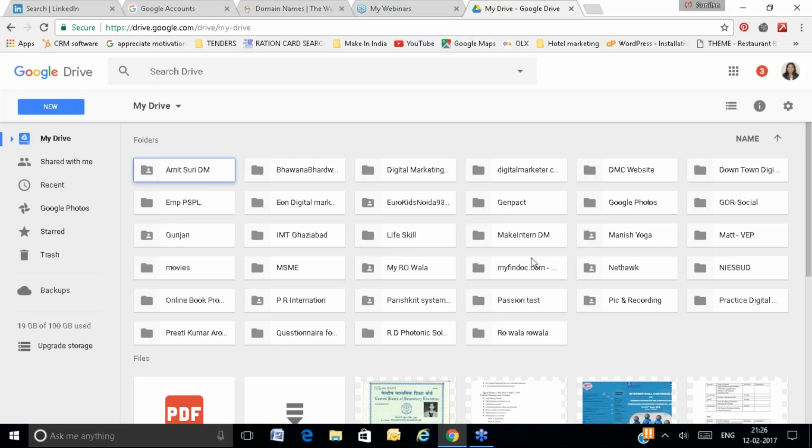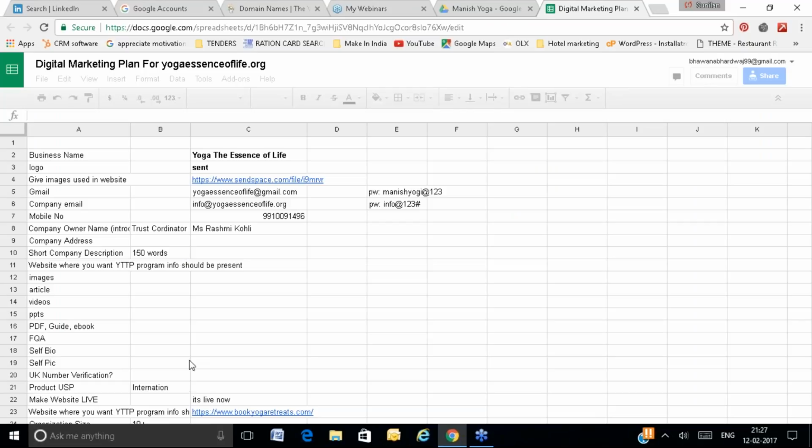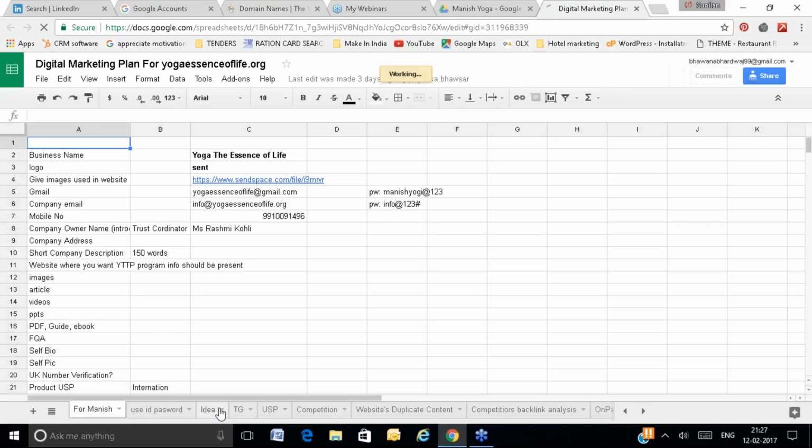Can you find any on-page sheet here? Let's find the on-page sheet. See, this is one of the on-page activities we are trying to do.